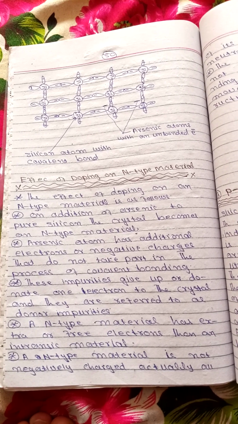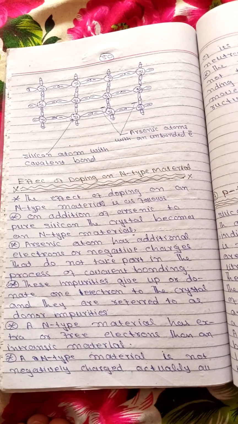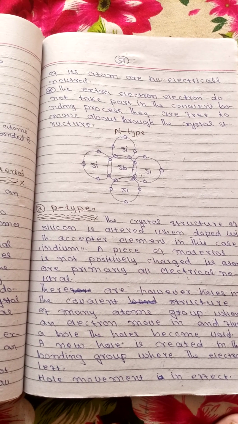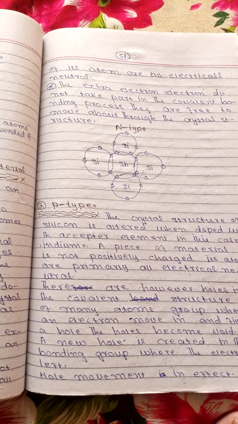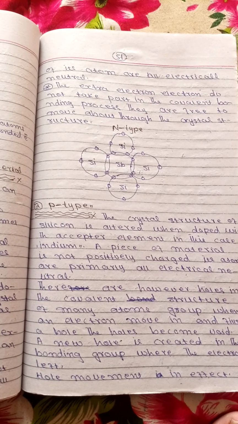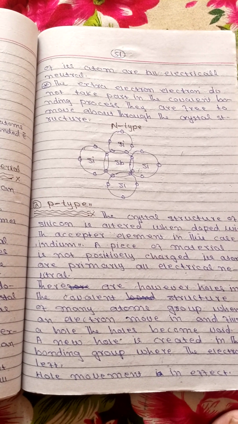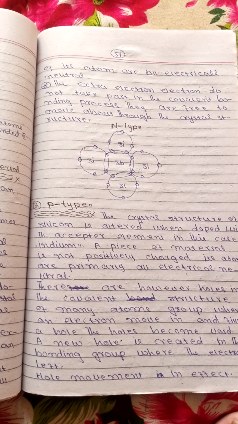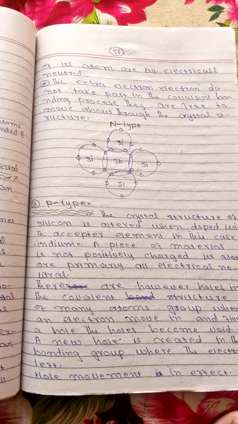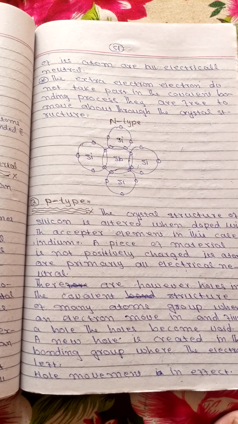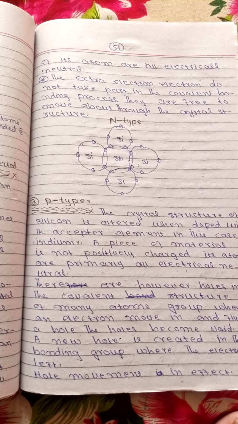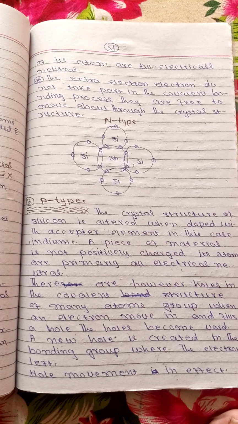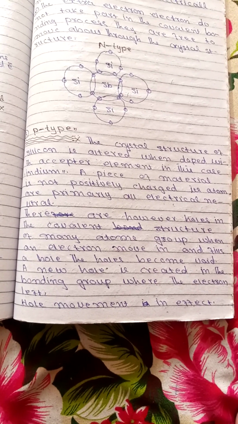An N-type material is not negatively charged overall, as its atoms are all electrically neutral. The extra electrons do not take part in the covalent bonding. As a result, they are free to move about through the crystal structure. ये आप भी देख सकता है, ये है एस बी और इसके इर्द गिर्द सिलिकॉन का एटम्स भी है और इसका कोवेलेंट बॉन्ड में एक दूसरे से बॉन्ड भी बना सकता है। दूसरा टाइप्स है पी टाइप्स।